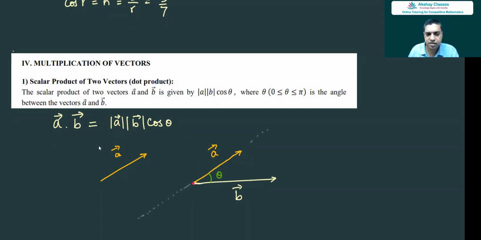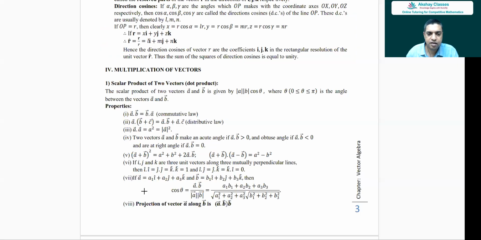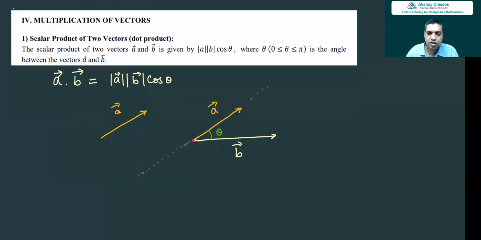So A dot B is defined like this: A B cos theta. Now it has some connotation. Of course, theta has to vary between 0 to pi only, because if you make co-initial vectors, the maximum angle between the two vectors will be pi. Greater than pi, again, it will have a counter angle. Suppose, let's say,